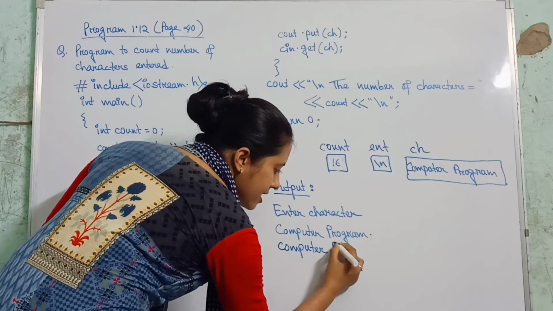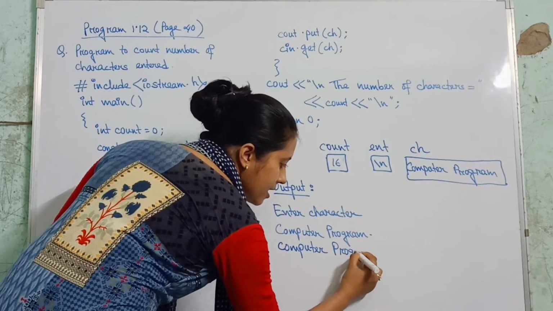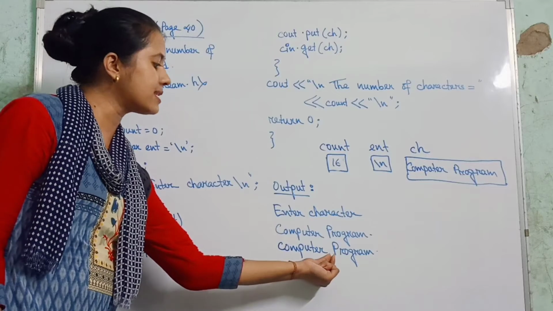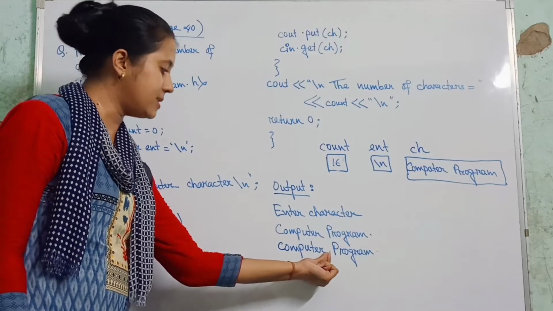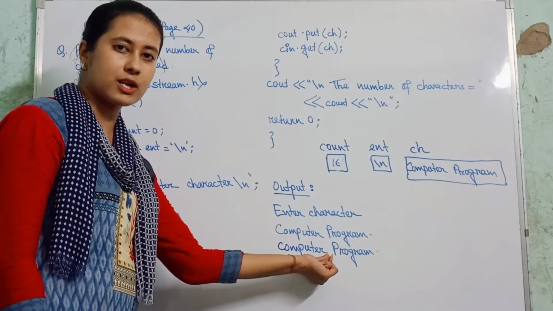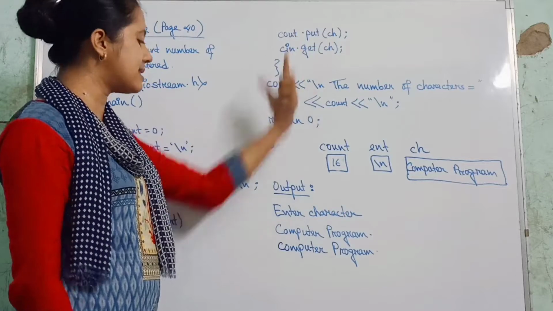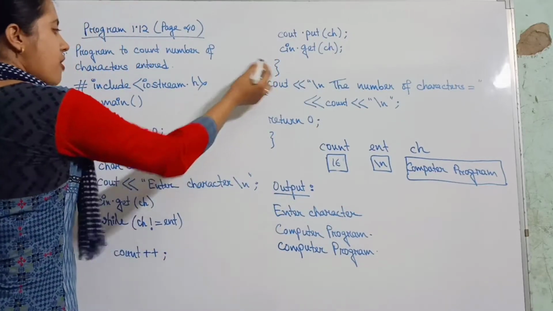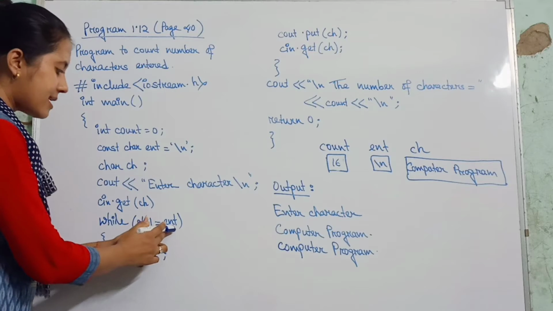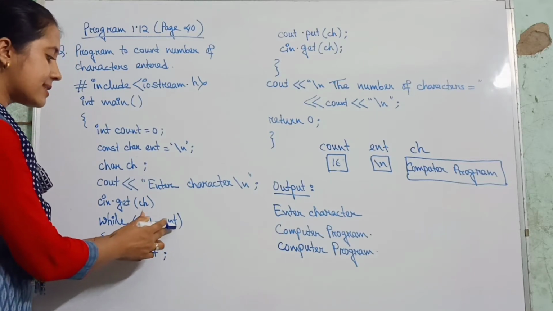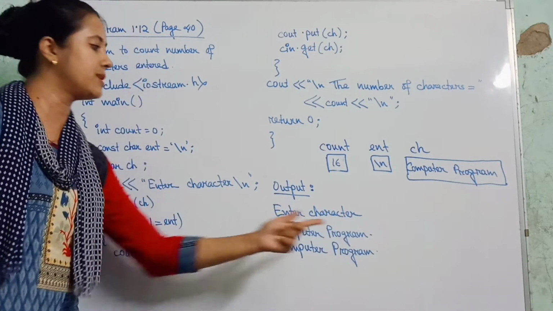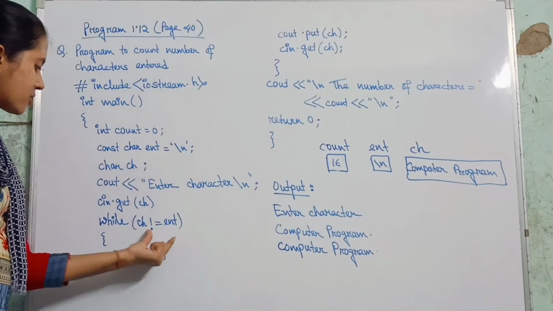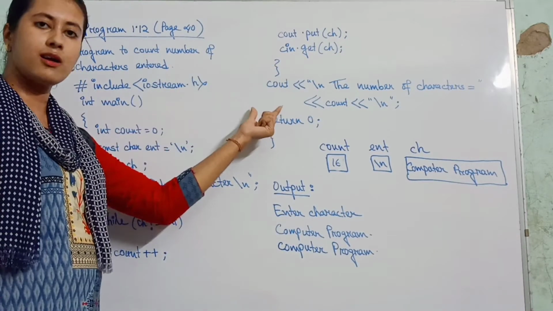For put ch, it will go on writing. Why have we used this put function? Because of this blank space. Okay? This blank space will also be included. So it will print as it is, this computer program, because of this put ch. Now it will again go and find that ch is equal to backslash n, meaning it will get the next line value. So what will it do? It will simply come out of the loop.